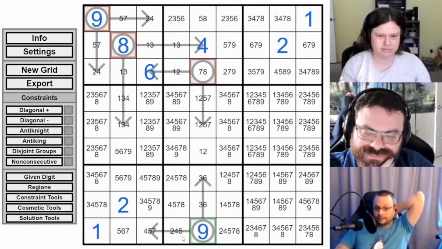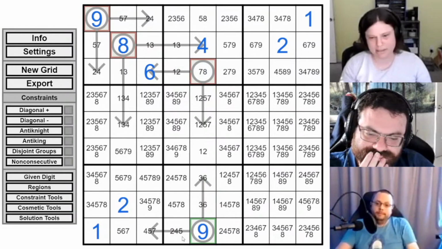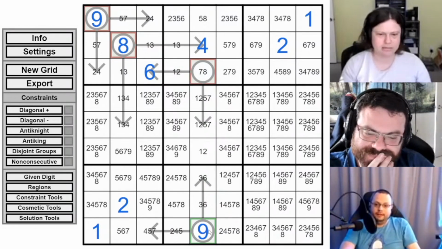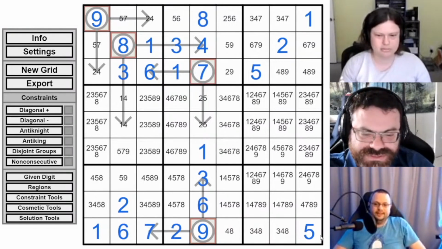Before I indexed it, it said it could be 4, 5. Because once you index it, it places the 5 in column 9. Oh, because once you index it, now the 5 is placed. Right. Yeah.